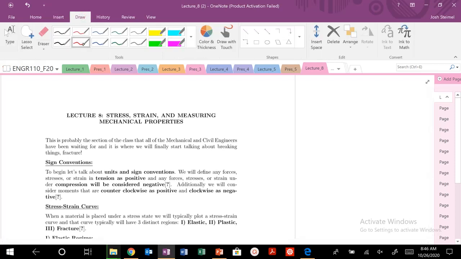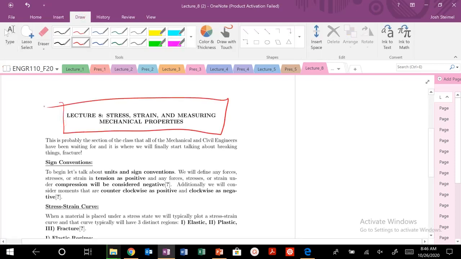And the day is finally here where we get to talk about materials and specifically mechanical properties of materials. It's kind of the section hopefully a lot of people have been waiting for. So eventually we'll sort of break things and fracture. Actually, we won't get into that too much in this course, but anyways, the key idea here for when we're